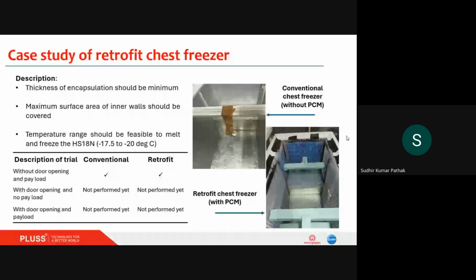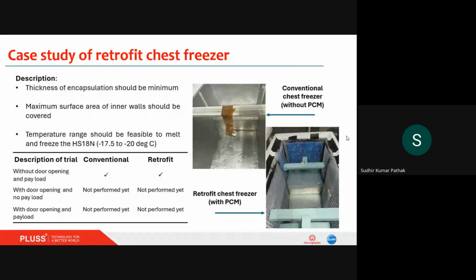Next, I'm talking about the integration of phase change material in chest freezers. Everybody is familiar with chest freezers. This is one of the most important aspects: without disturbing the design or doing any major modification in the chest freezer, if we place the PCM in it, we can obtain energy efficiency, reduce energy consumption, save cost, and it will be very helpful for the day-to-day operation of